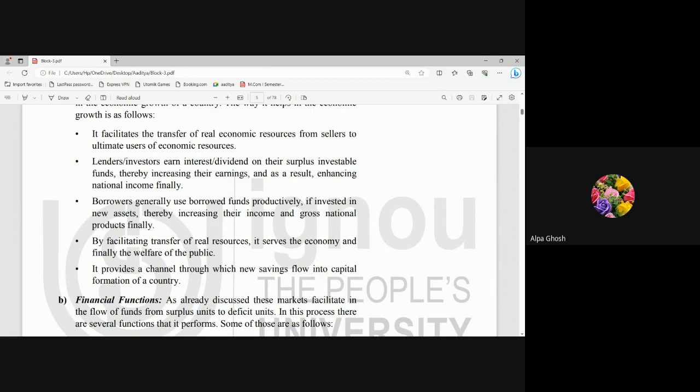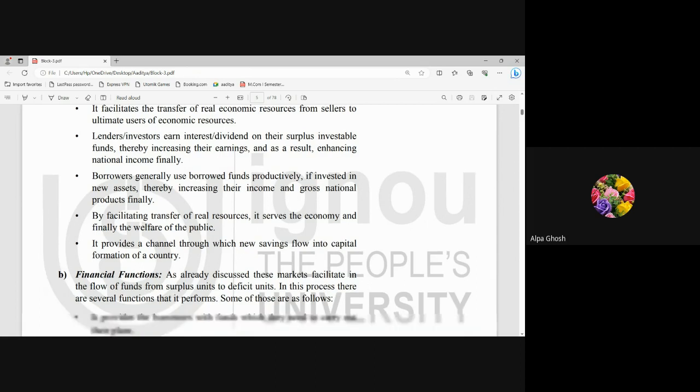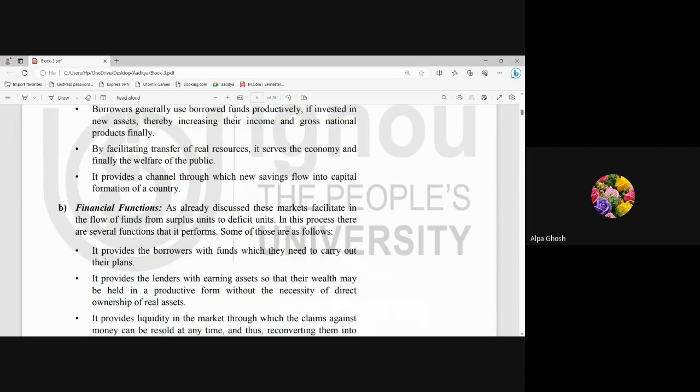And for having the movement of funds, we need to channelize the funds through proper channels. If we start with the financial functions, it relates the surplus units to the deficit units. The units with surplus are putting their money to deficit units. So when we take the money from the surplus units, invest it, and through those investments the capital creation takes place, and then we lend those surplus to the deficit sectors.